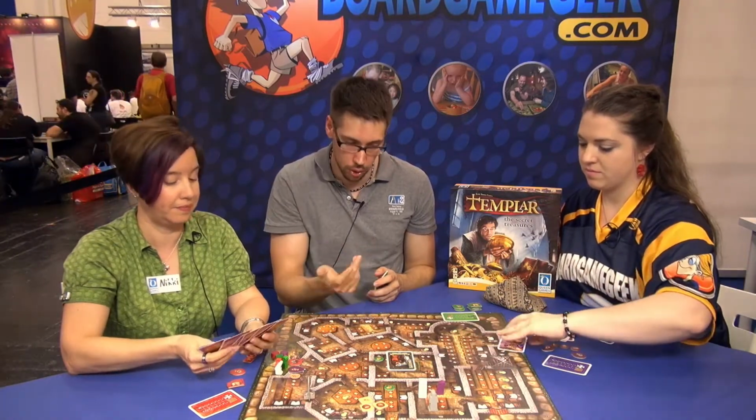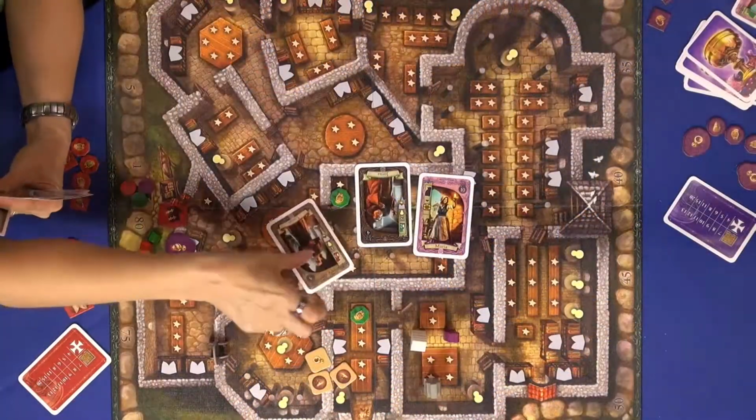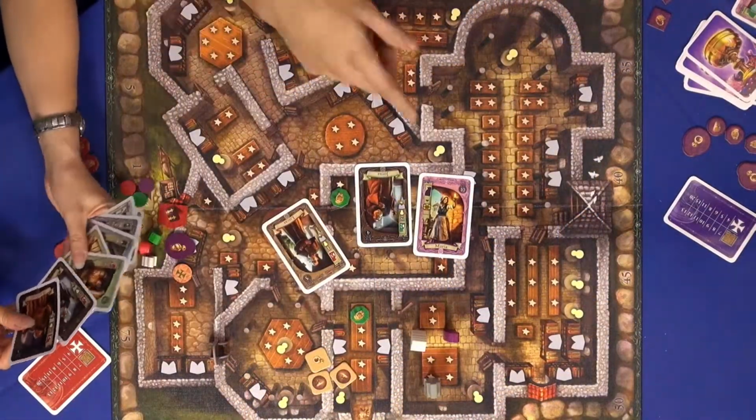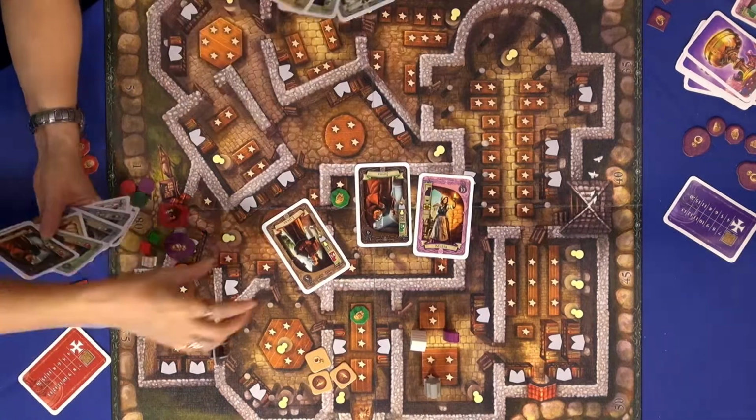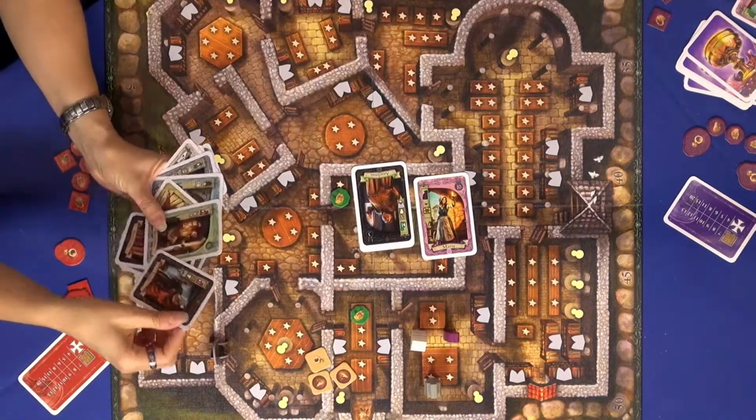For example, you could play Maria, and then you would choose, for example, this one. So I cannot choose Maria or Lucas on my next turn. So I have to choose another character. Okay, because the characters always go on top. But if I did this